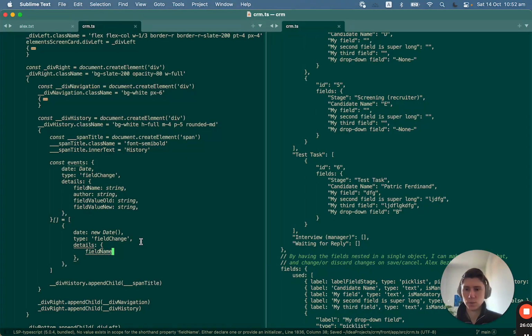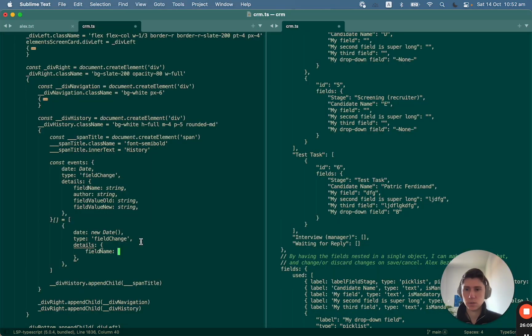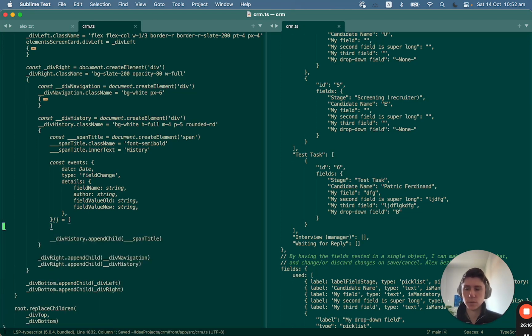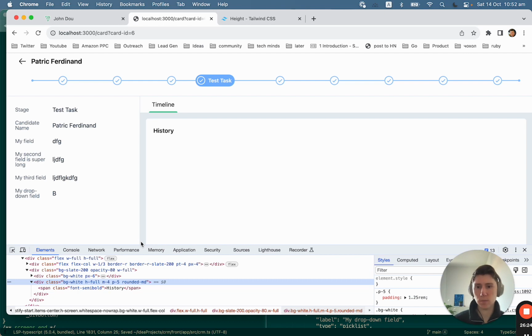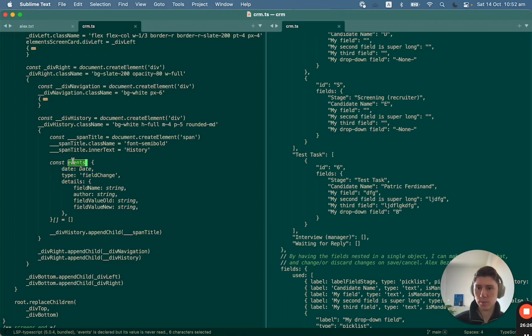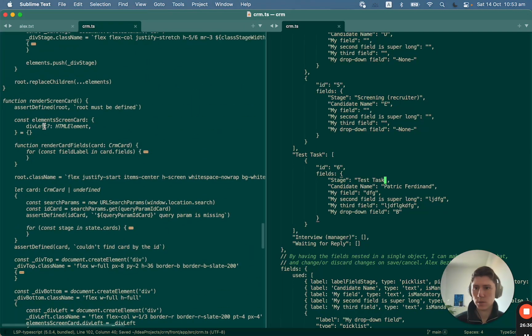So details will be field name is like, well, let's maybe just not create them like this, but we will have some logic that populates this array, right? And we can just put them in some